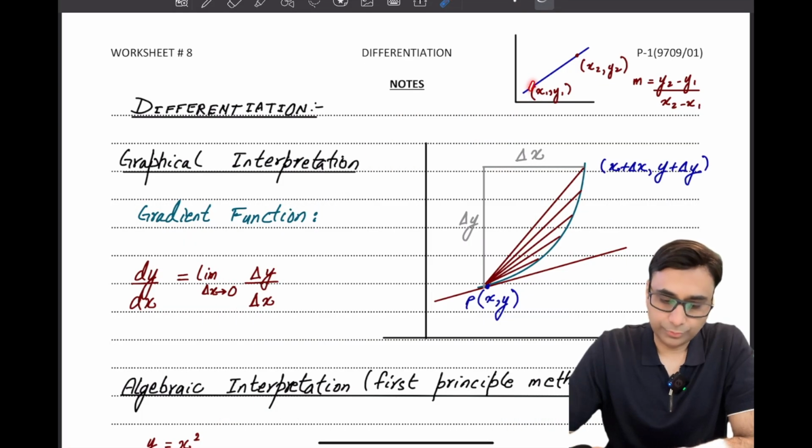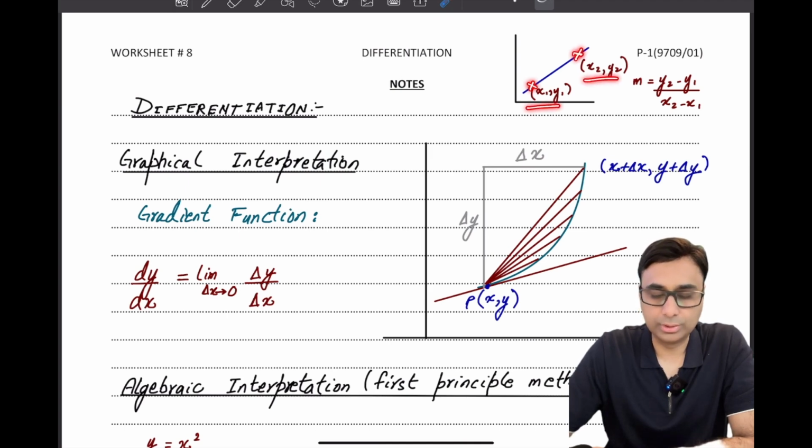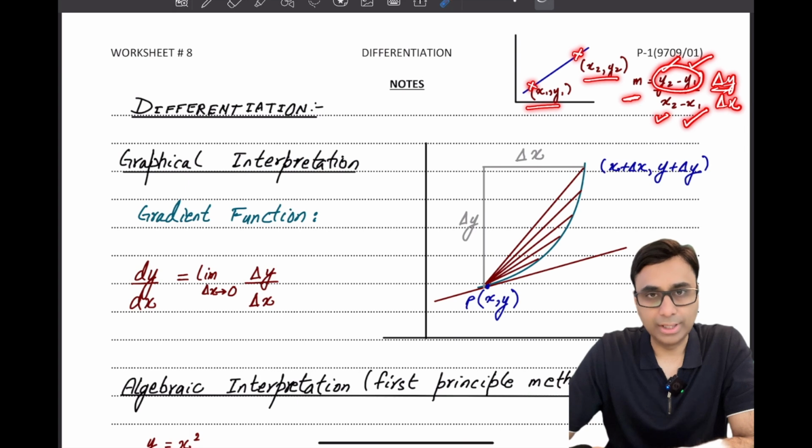of differentiation. So first of all, you need to recall that if you have a particular straight line and you know 2 points on that straight line, you can get the gradient or the slope of that straight line by applying the formula m equals y2 minus y1 over x2 minus x1. And you can also interpret this as the change in y and this is the change in x. So, when we find out the gradient, what gradient actually represents is basically the rate of change of y